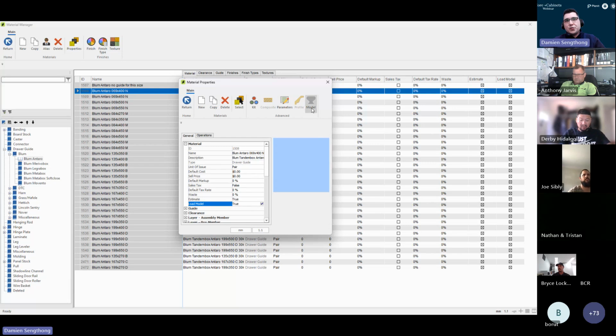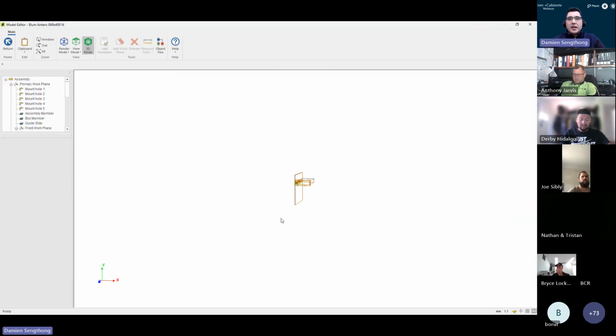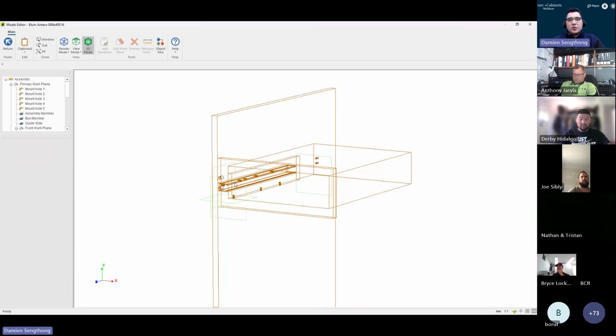By selecting true, we'll then make the option in the top right corner of the window for model to be able to be selected. So if I select on model, we are now in the model editor for this draw guide. So as you can see, we are in the 3D view, and we are currently looking at the model of the draw guide. Though this is a generic model for draw systems that are created in Cabinet Vision,